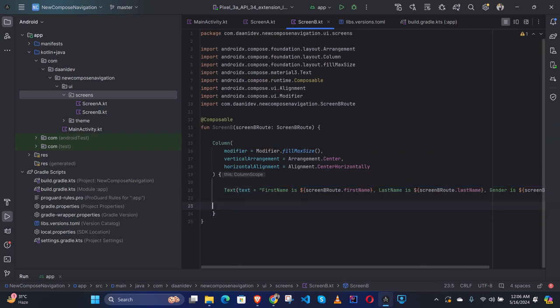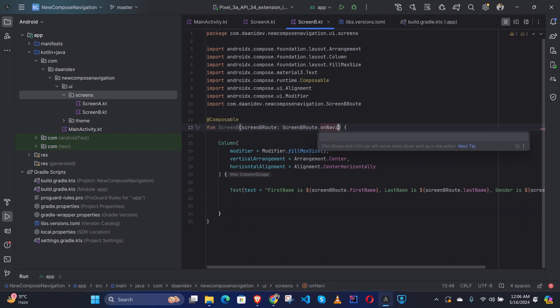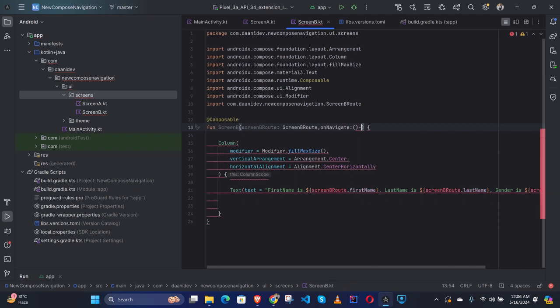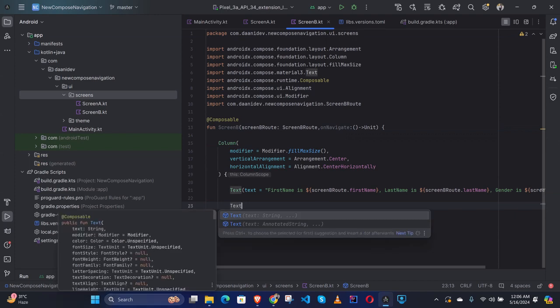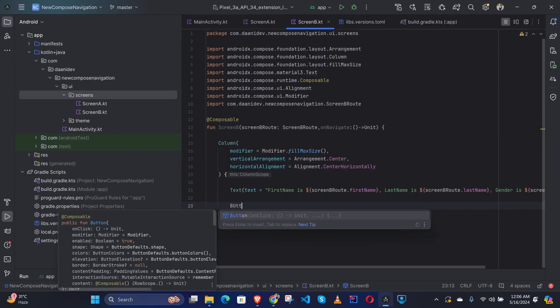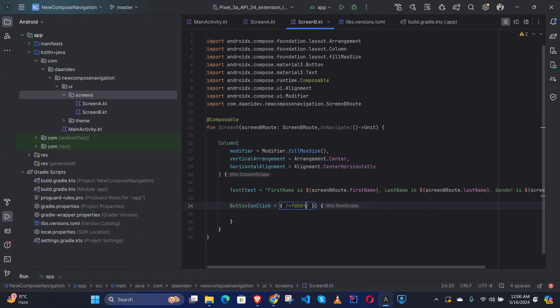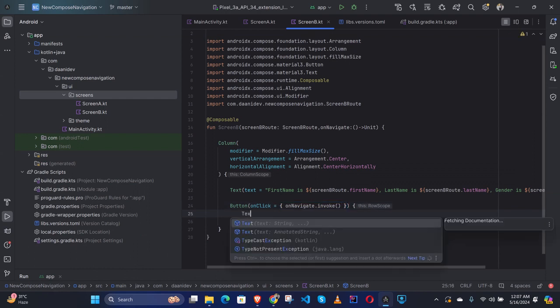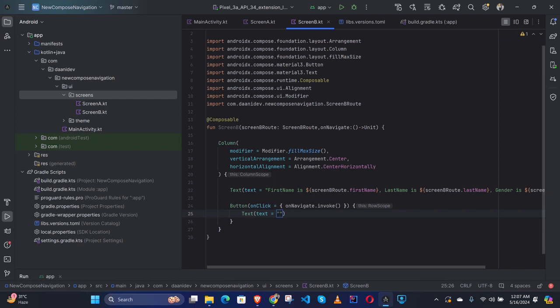So we need to define the navigate back button. So let's say onGoBack, okay. Let's create a TextButton, dot invoke, go back. Okay,